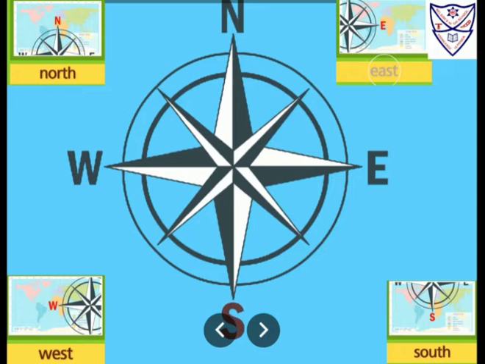Now we have four directions: north, and the opposite of north is south, and we have east, and the opposite of east is west. So these four directions are there. With the help of these directions you can find out any route. Now I will ask you a question: where are we using this compass? Right now in your school you are not using this compass, so where is it used?